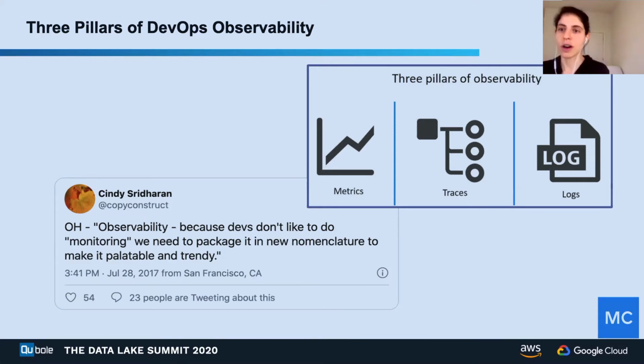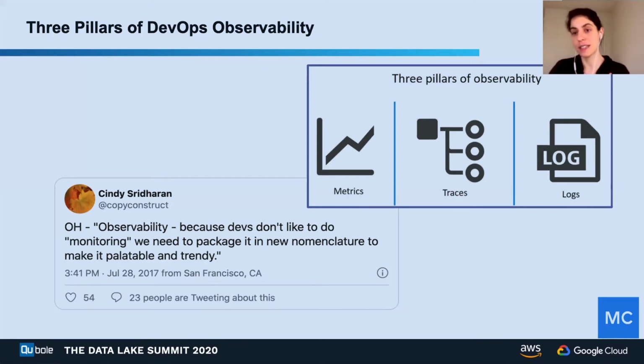Now, at its core, observability engineering is broken into three pillars, as you can see here on the slide: metrics, traces, and logs. Metrics refer to a numeric representation of data that folks measure over time. Logs are a record of a specific event that took place at a specific timestamp as well, and can give the context regarding the specific event and when it occurred and why. And traces represent these causally related events in this distributed environment.